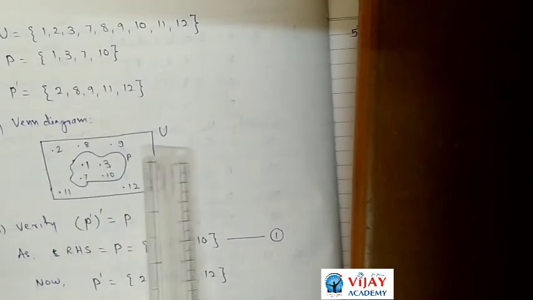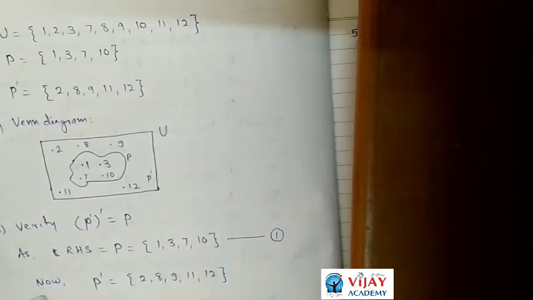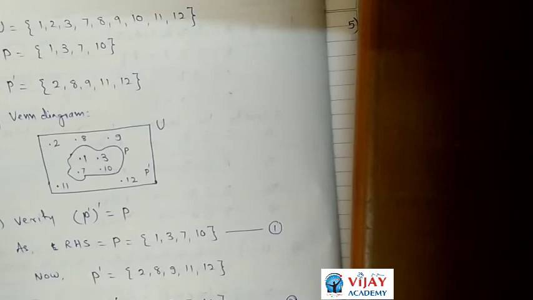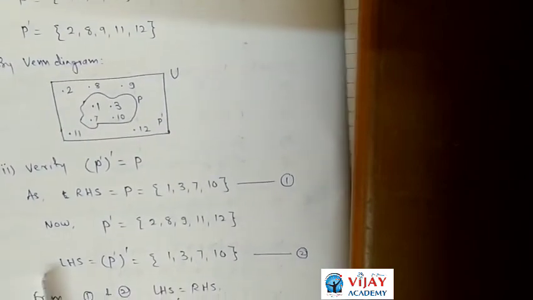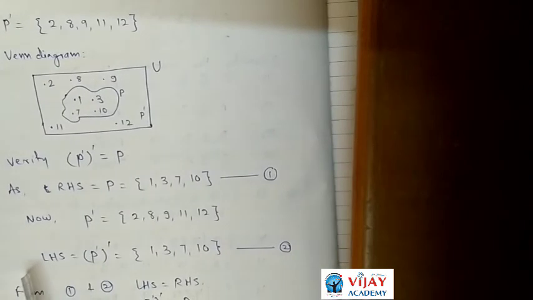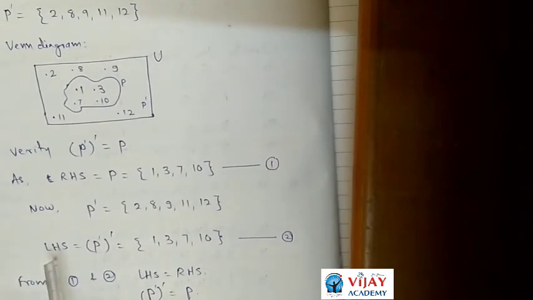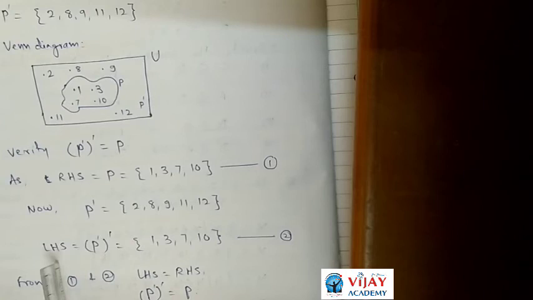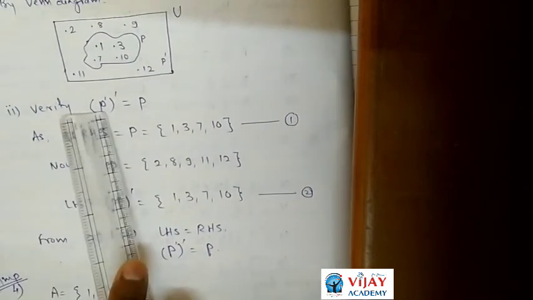This is a Venn diagram for the complement of a set in case of a universal set. To find the complement of a set, you must know the universal set and the set. If we take the combination of these two sets, we get all the elements of set U. So P dash and P are subsets of the universal set. Then verify that the complement of P's complement